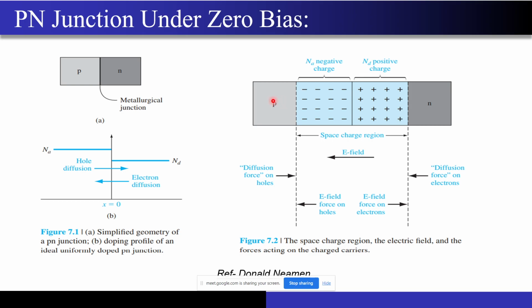And so when the holes were trying to move from left to right, what is happening? This space charge region gets created, and the electric field is directed from the right to the left side. And where does a hole want to go? There are a lot of holes on the left side, and on the right side there are very few holes. So the concentration gradient is there, and the hole wants to move from left to right, but because this electric field is directed from right to left, it will oppose the movement of holes. And similarly it will oppose the movement of electrons from right to left as well.